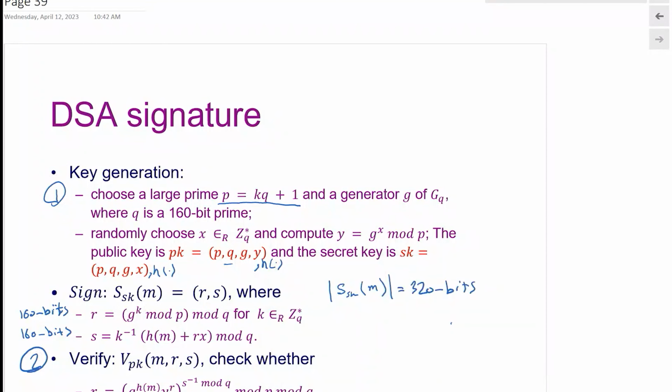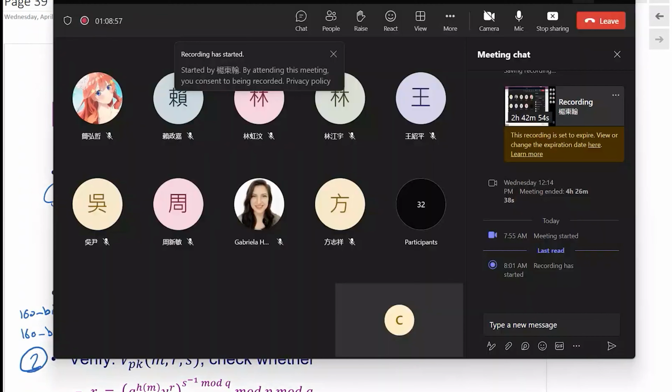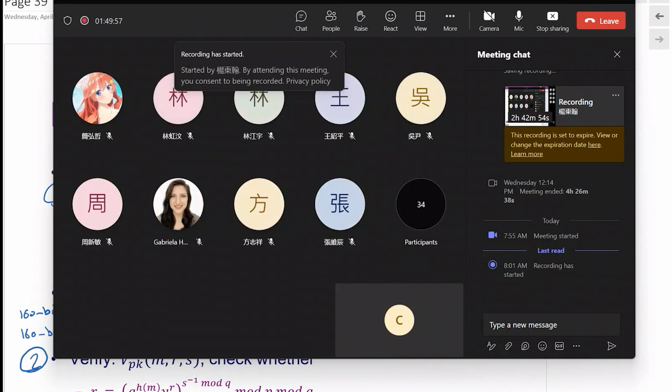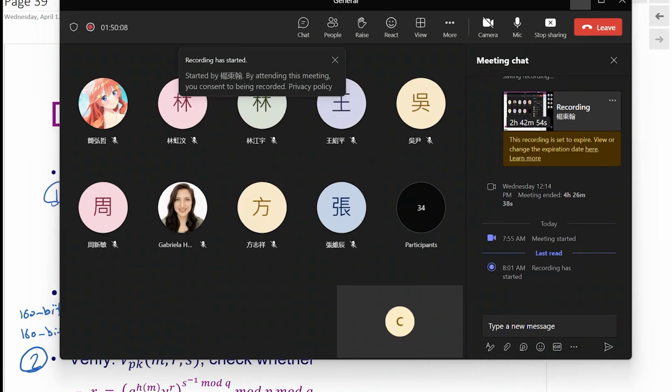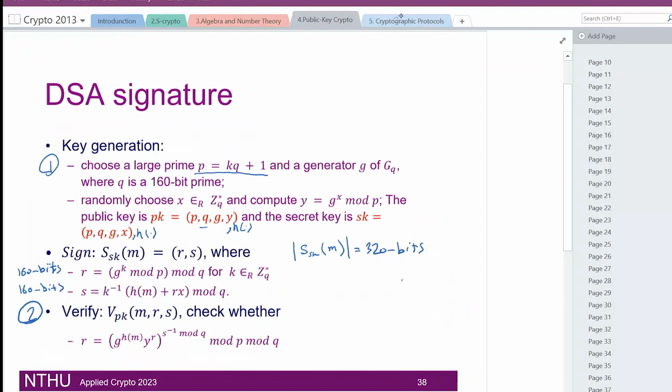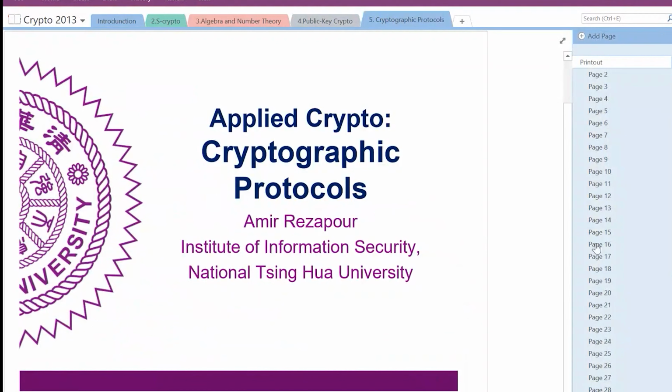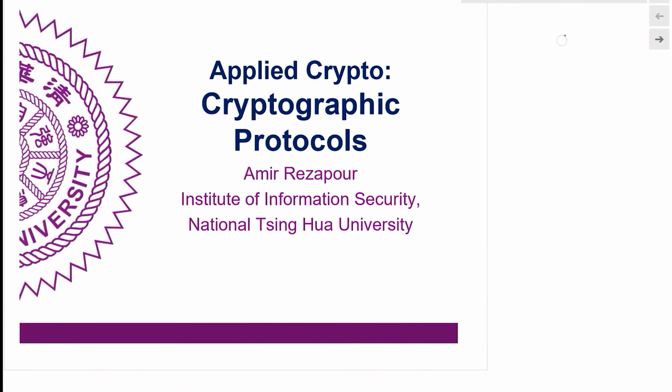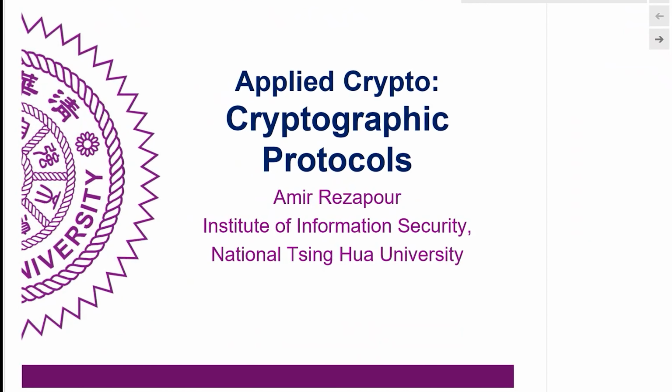We are done with this chapter, so we are going to move away and start to talk about quite brand new things. All right. It looks like that is all good. So we start to talk about the new chapter, that is our cryptographic protocols. This is the last chapter that we want to